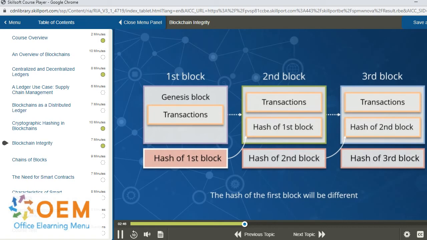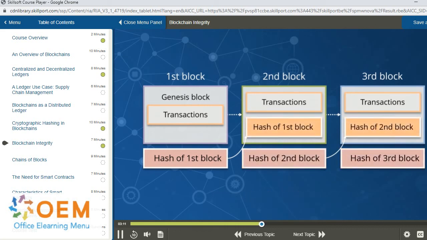an entirely different hash. And anyone who is trying to verify this blockchain will immediately notice that the hash produced of the first block is very different from the cryptographic hash of block number 1, which has been included in block number 2. In order to avoid this inconsistency, perhaps the malicious party who has altered the contents of the transactions will modify the second block as well so that it includes the newly computed value of the first block. But then, of course, the hash